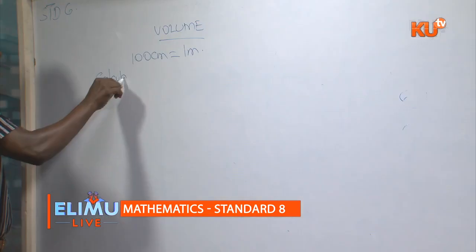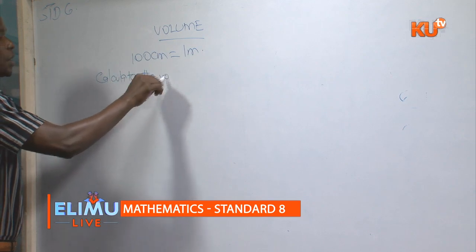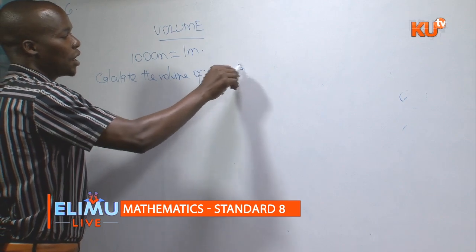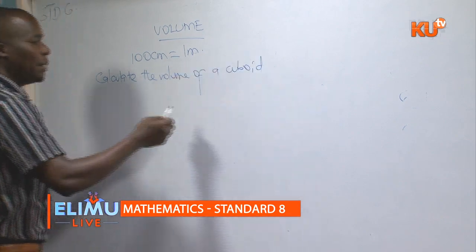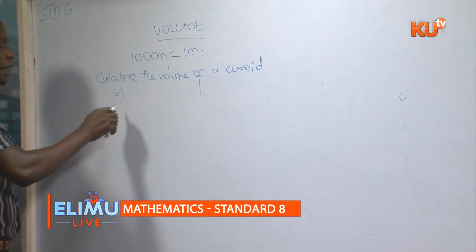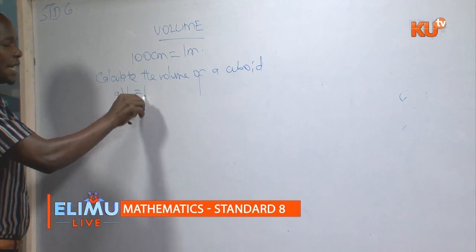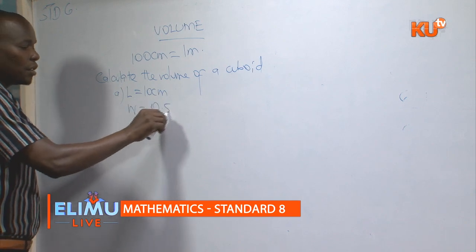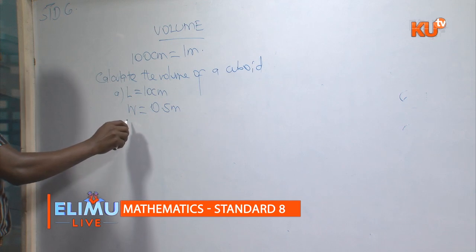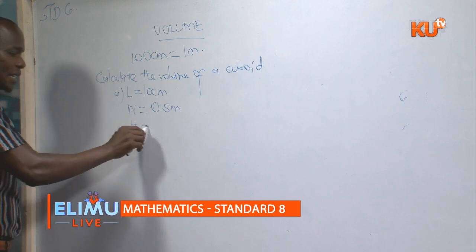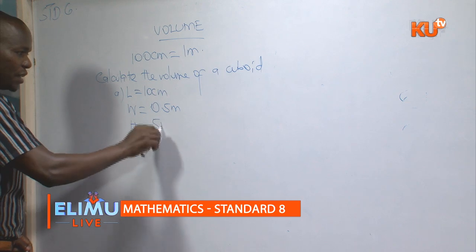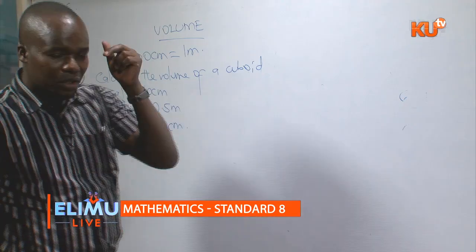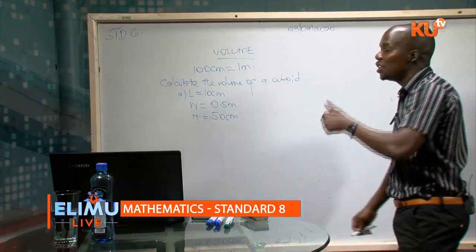Calculate the volume of a cuboid whose measurements are: length is 10 centimeters, width is 0.5 meters, and height is 50 centimeters. Remember, I told you earlier that before you start working out the volume, ensure you have